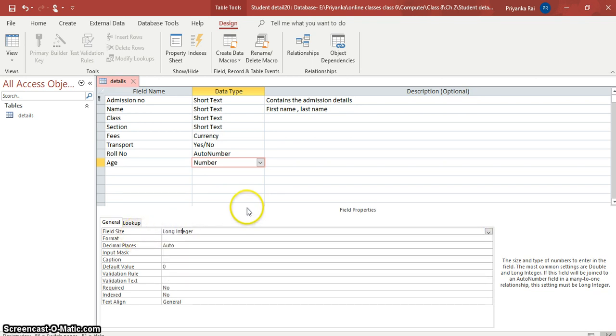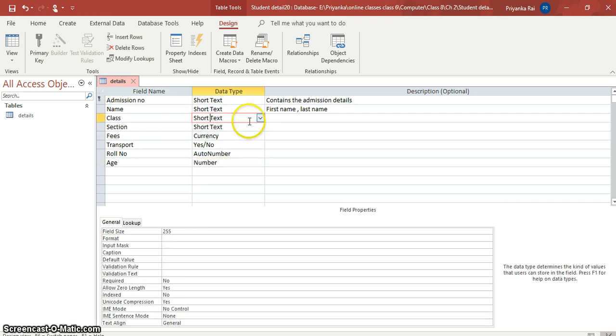Now setting a default value. We can set a default value also, like all the fields will have the same value. If you type, there will be a value for that specific field already written, and then you can change it. Like here it is class and I want a default value. So what will I do? I will click on this, and then in the General tab, there is a column of default value, and I'll type 7.